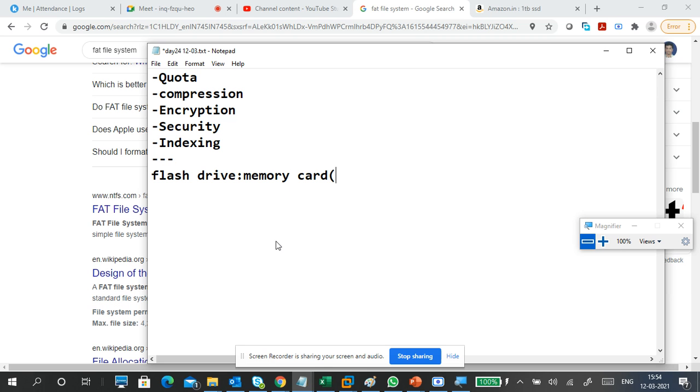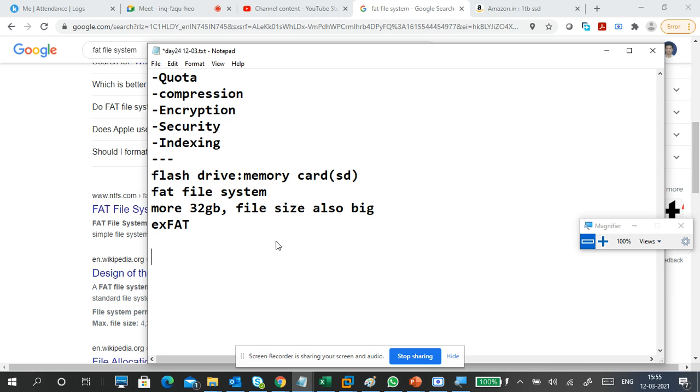Okay, memory cards like SD cards are there, no? Memory cards use a FAT file system, but nowadays we have more than 32 GB memory cards also available, right? And file sizes are also big nowadays. So for that, exFAT was introduced. Okay, exFAT is introduced, so it supports more than 32 GB, and big files also we are able to store